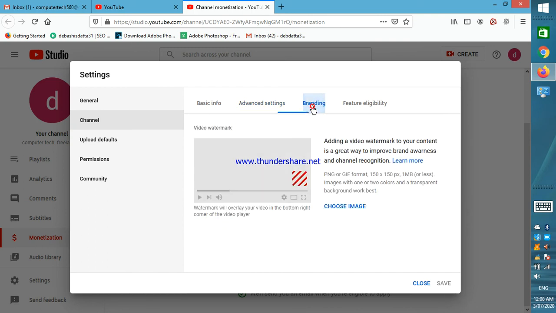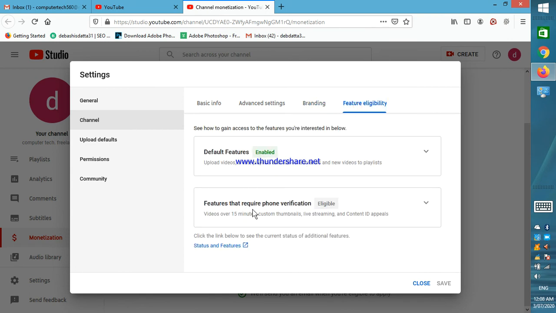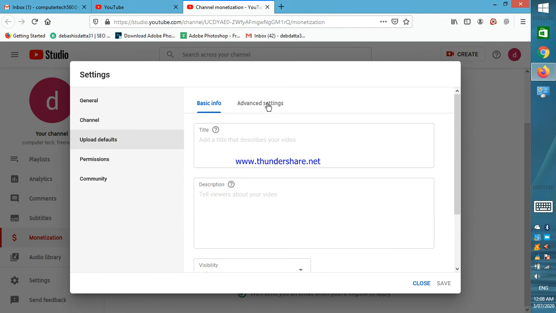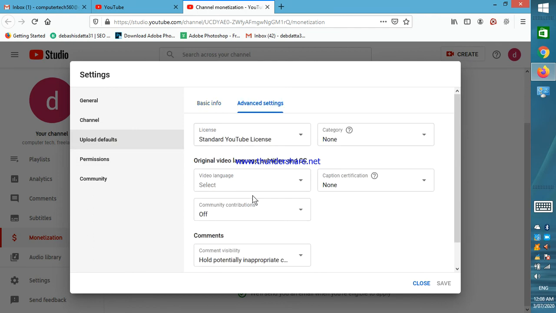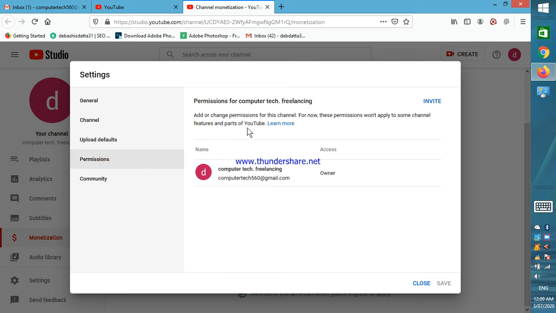Then you can see branding, okay, adding a video watermark to your content is a great way to improve brand awareness and channel recognition. Then you can see feature eligibility, default features or features that require phone verification. Then you can see here upload defaults, and you can see permissions, you can see community.